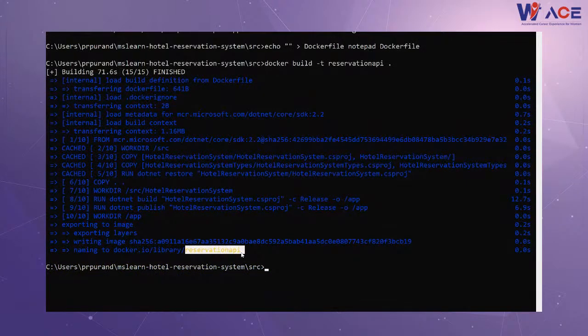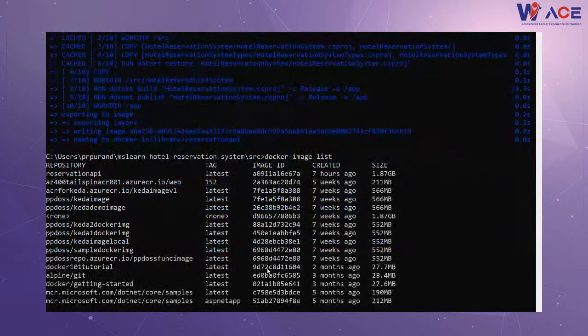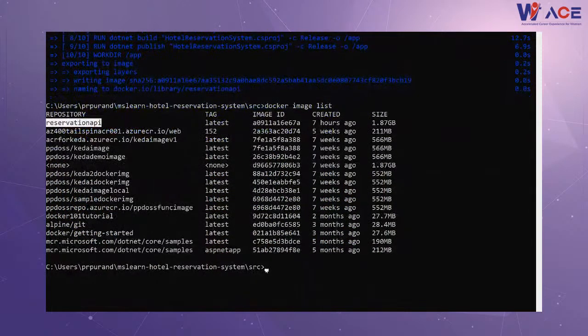The reservation API is right here. To view the image, I will just say docker image list, and the reservation API image is available. However, we can